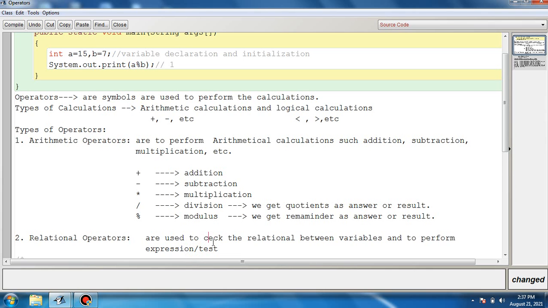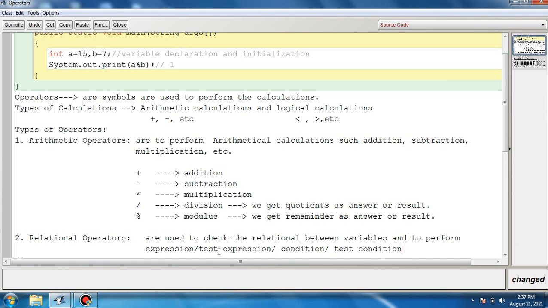Test expressions, one and the same thing. Either you can say expression, test expression, or conditions or test conditions. I will show you how to use these in the programs later on.